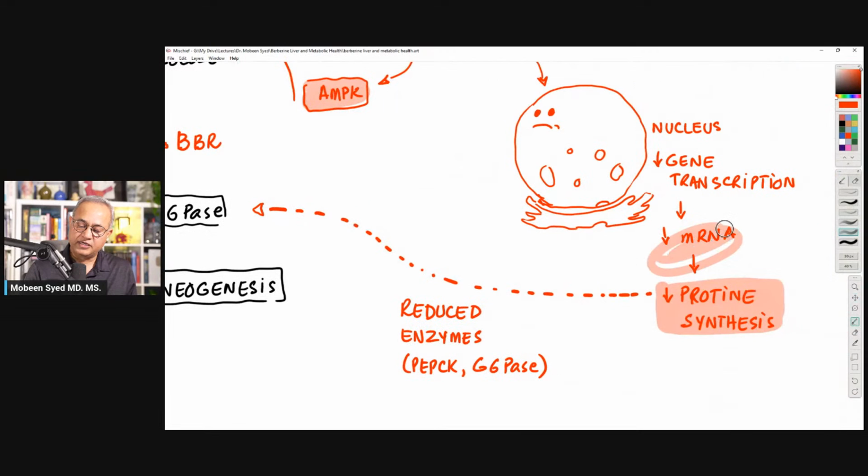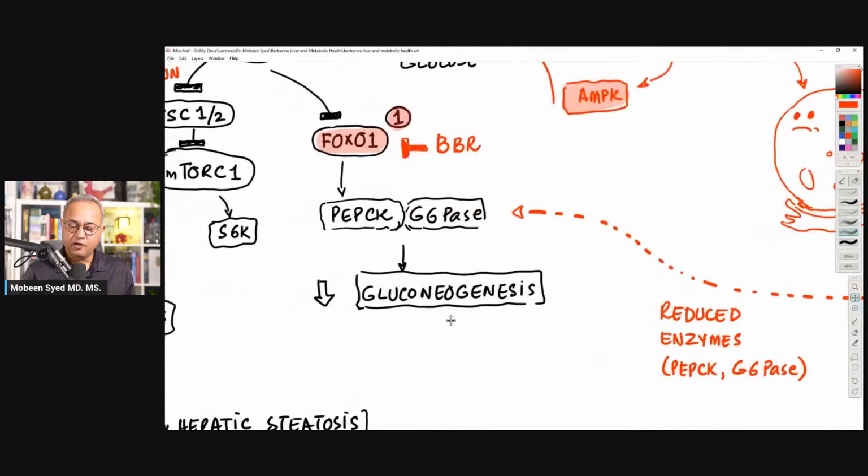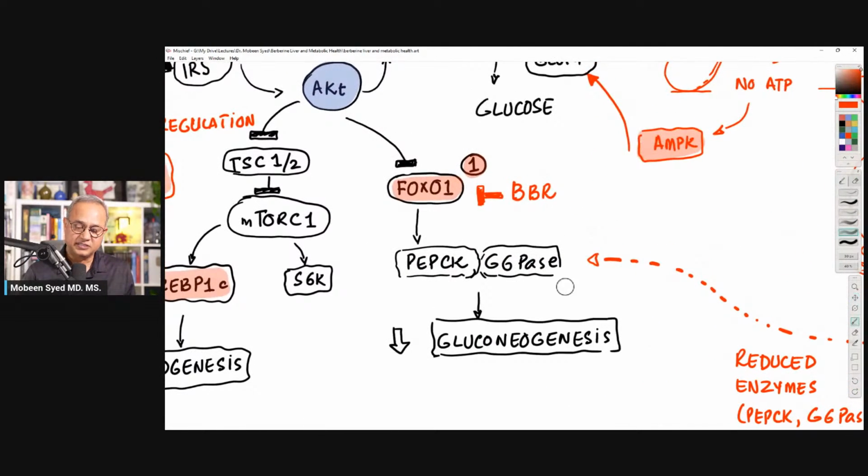By downregulating the production of messenger RNA for PepCK and G6Pase, berberine attacks this area directly, reduces these enzymes, and glucose production reduces. This is a hugely important part for diabetes. Gluconeogenesis happens in the fasting state, and the liver could actually think the whole day is a fasting state, even when you're eating food, because it does not know that glucose is there, because it is resistant to insulin's action.